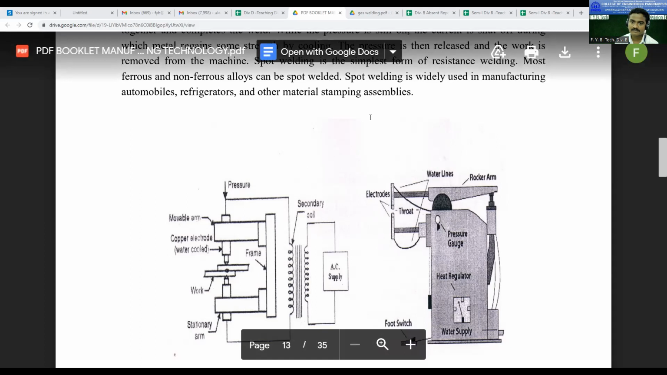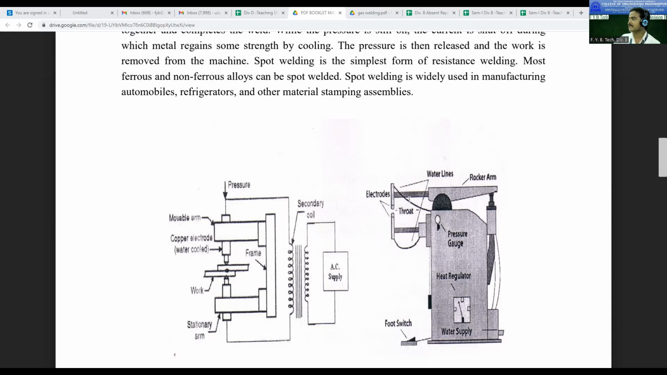There is no dangerous open flame. Yes. So comparatively, it is less harmful. It is safer. It is a safe process of welding. अजून